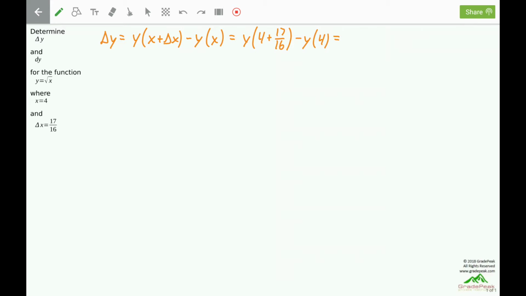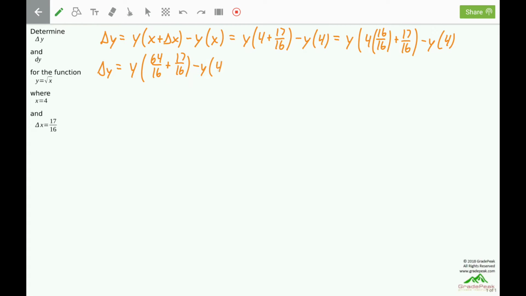So we have y of 4 plus 17 over 16 minus y of 4. We need to add the 4 plus the 17 over 16 through a common denominator. We will need to put the 4 over a denominator of 16 by multiplying it by 16 over 16, a form of 1. So delta y will equal y of 4 times 16 is 64 over 16 plus 17 over 16 and